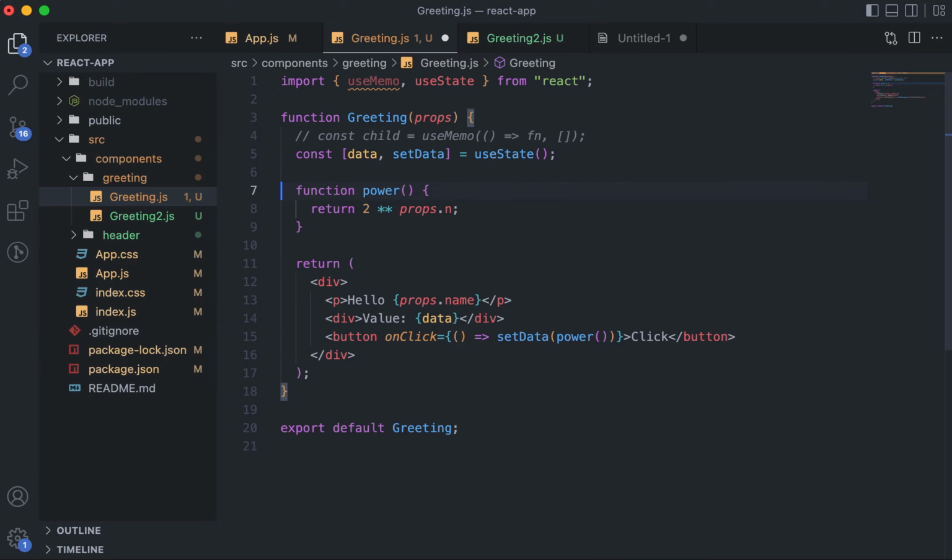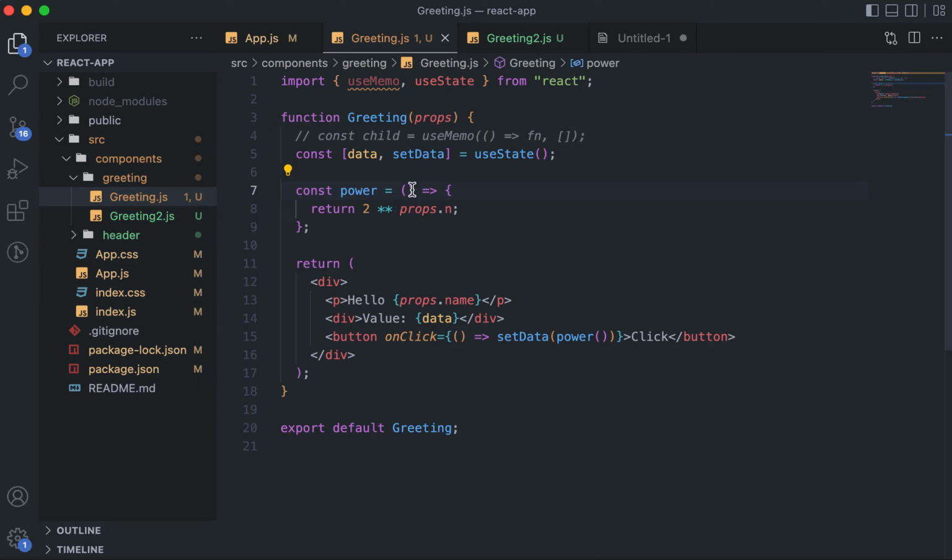So in order to optimize for that, let's firstly convert it to an arrow function, though you don't need to, but I'm just showing you by an example. Every time I click, this computation is happening, that is fine, but every time I am rendering, this function is created again, which means that this power function is a new function altogether. Let's say I don't want that, I want to cache this value. Now we know that we can use useMemo for any sort of value, and I'll show you after some time how you can cache the thing using useMemo also, but